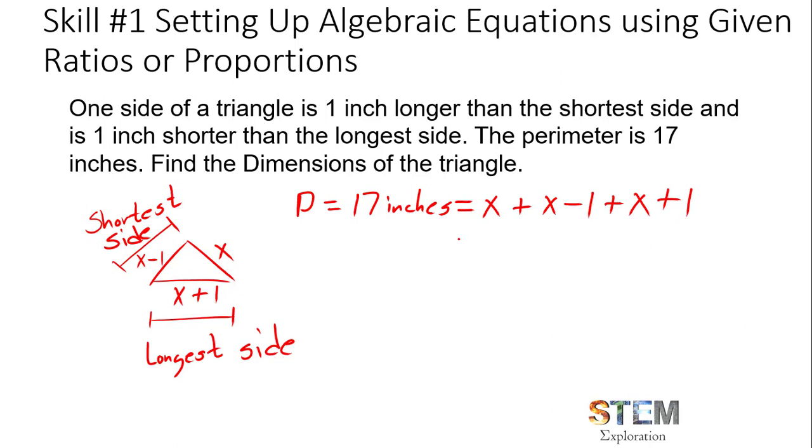So we see that this would equal 3x, negative 1 and plus 1 would cancel out. So we can say 17 equals 3x,